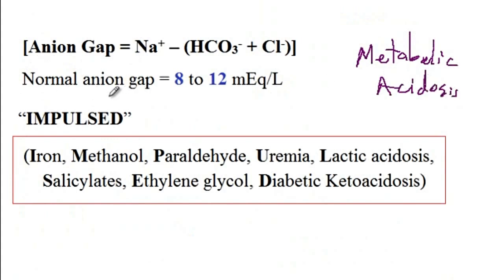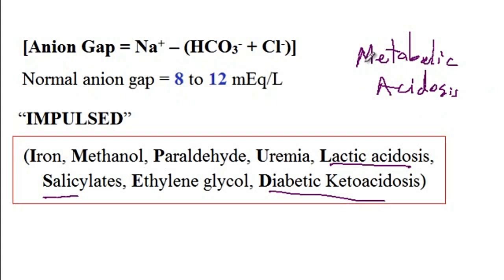So if the anion gap is higher than the 8 to 12 normal range and there is metabolic acidosis, then usually one of these causes that I've listed in this box is the underlying cause of metabolic acidosis, because these conditions increase the level of the acid. So for instance, like aspirin or lactic acidosis or diabetic ketoacidosis. So the level of acid keeps increasing,